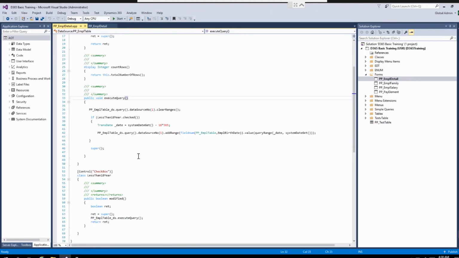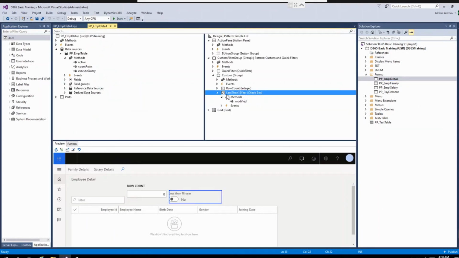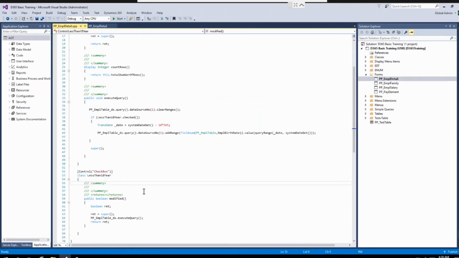Let me revise the concept. Till now what we did is we created one control checkbox less than 18 year. In that control we have overridden the method modified. In modified we have called the data source method execute query, and here we have written our logic, our query, where we are filtering the data. We are filtering the employees whose age is less than 18 years.